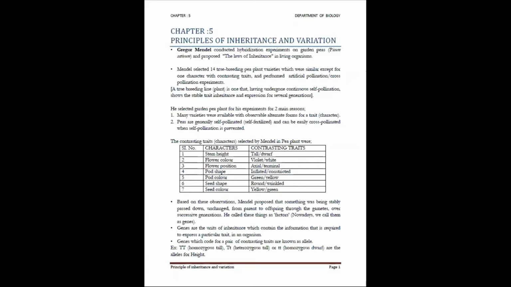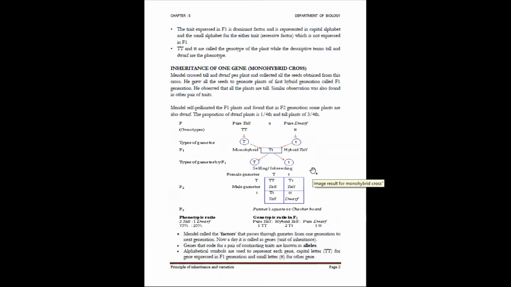And then moving on to the next, the trait here, they're talking about F1 generation. Again, all these are just informational or an introduction to start. Moving on to inheritance of one gene, that is monohybrid cross. So here the monohybrid cross is spoken for the monohybrid, or the single character gene.